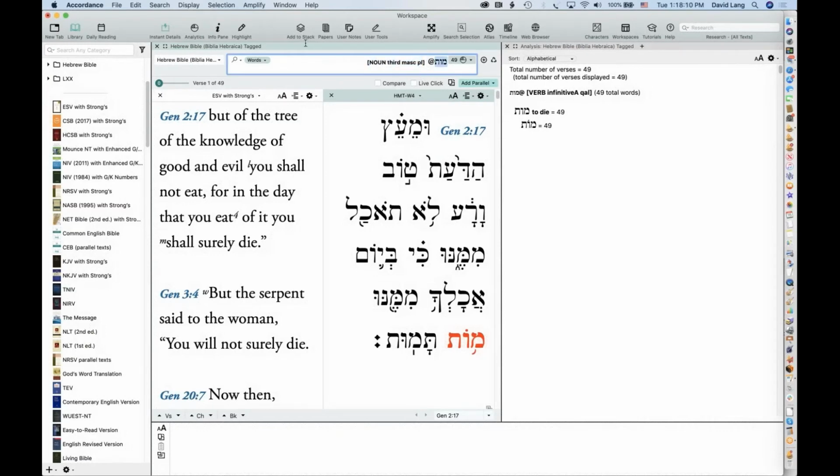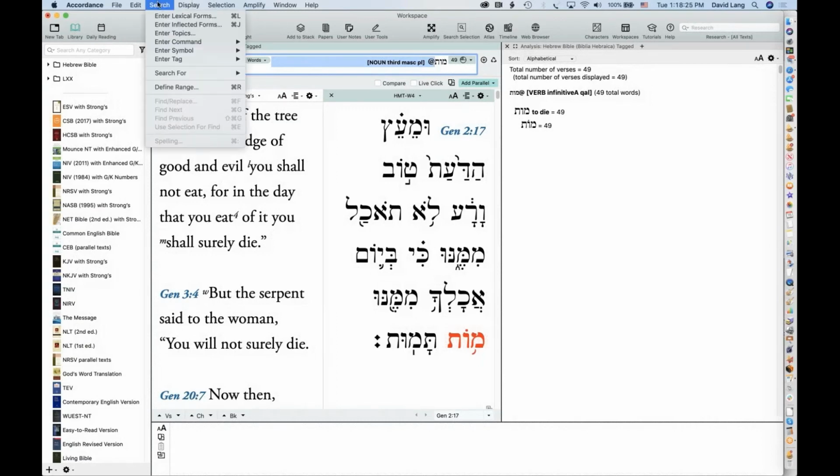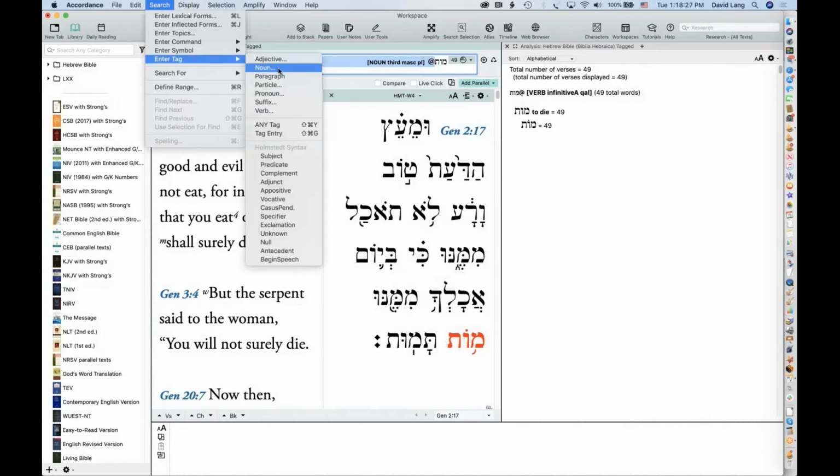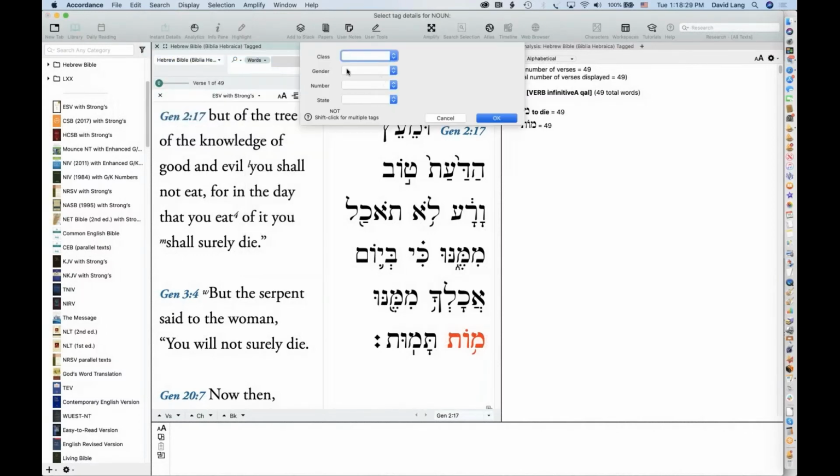So let's do this. Let's go back up. So you can see, you can type tags in, but if you don't know exactly how to abbreviate them or how to spell them out, you can get yourself into trouble. So I'll just select everything after Moot, and instead of verb, I'll go to noun, and I'll say, okay, well, number, yeah, there's no, I can do masculine.